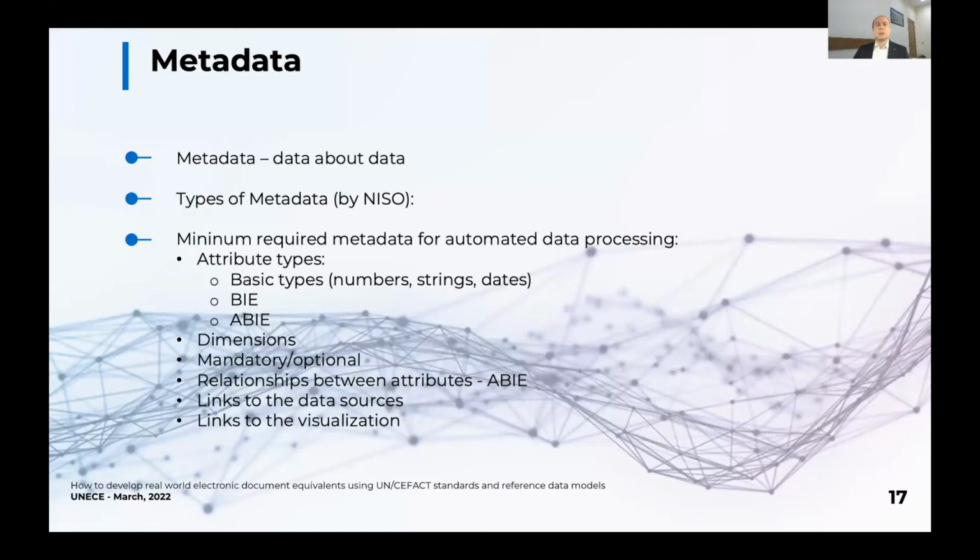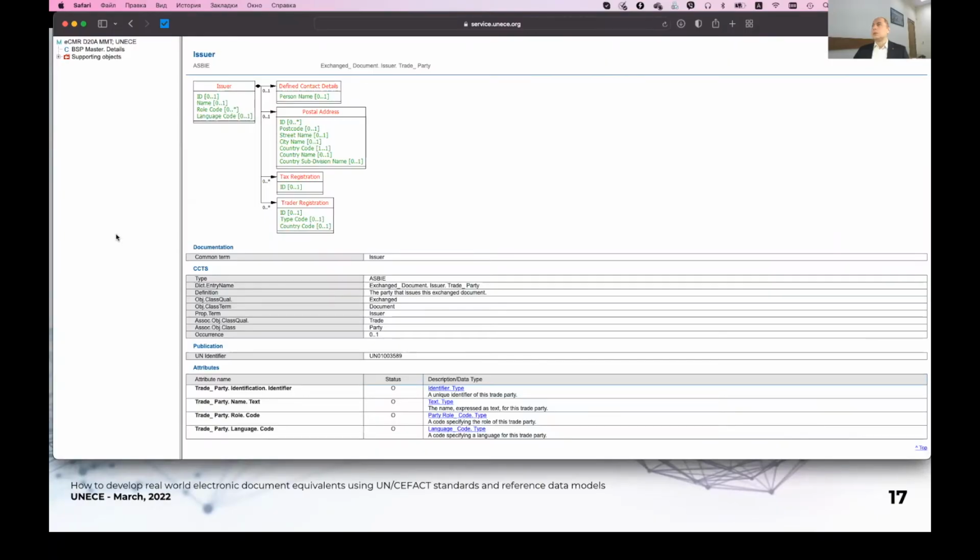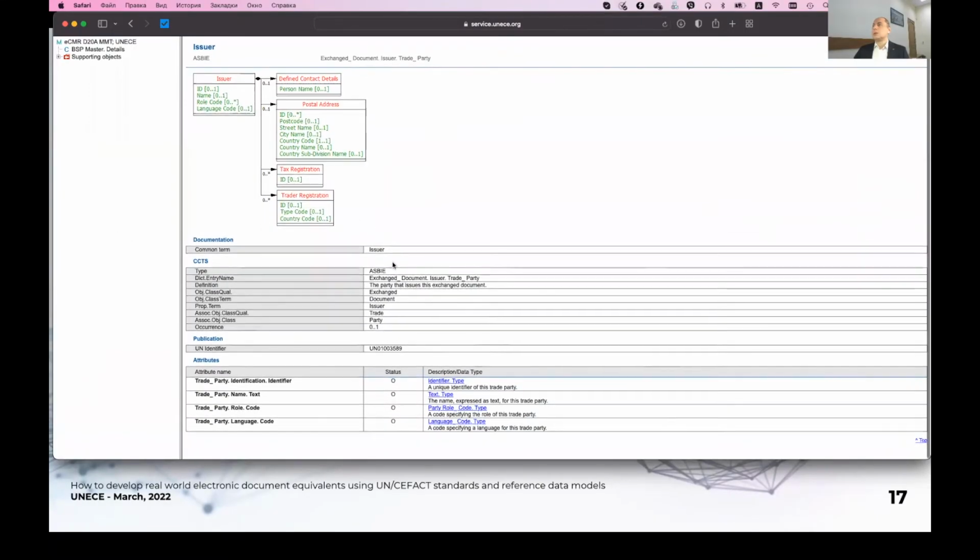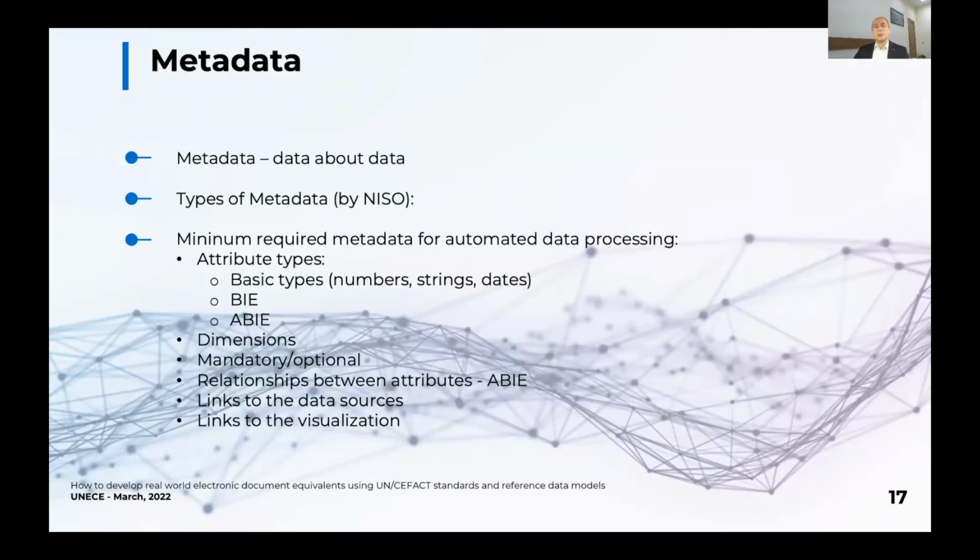Metadata plays a key role in automating the data processing in general and in application to the process of creating electronic documents based on the data model. The MMT stores a large amount of metadata for each information entity. For example, for the information entity issue, you can see aggregated and basic attribute types that all describe it as extra metadata. To automate data processing of data sets, at least the following metadata must be present for each information entity or attribute. This is attribute types such as basic types, numbers, strings, dates,